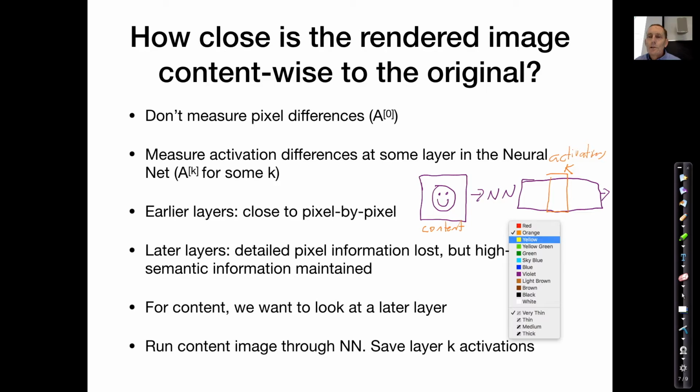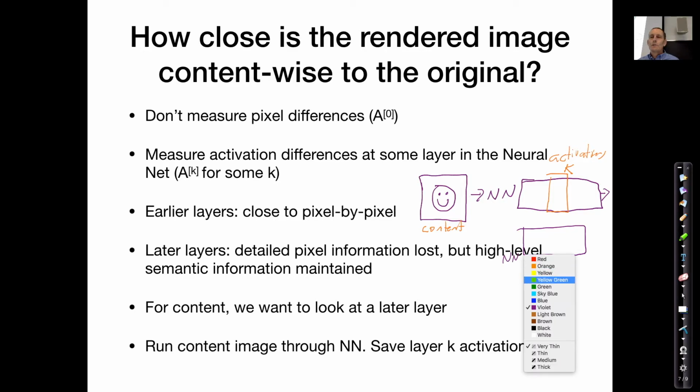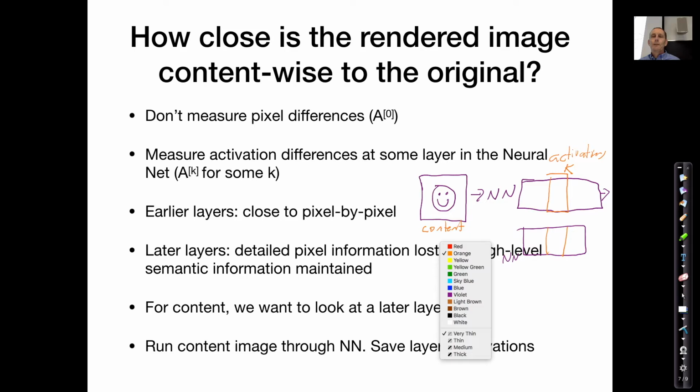Let me make this a little more clear. We're going to run the neural net twice. The first time, we're going to feed the content through. The second time, we're going to feed in not the style, but our rendered image. Or another way to think of it is, our content loss function basically says,